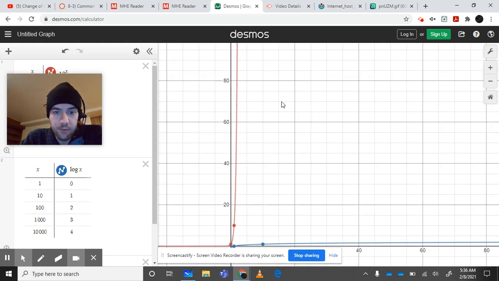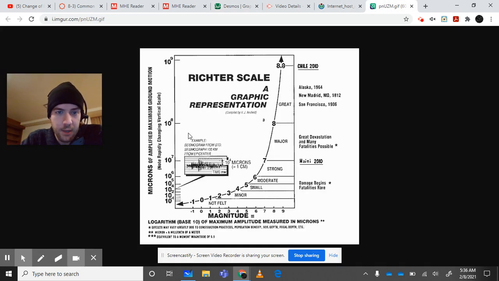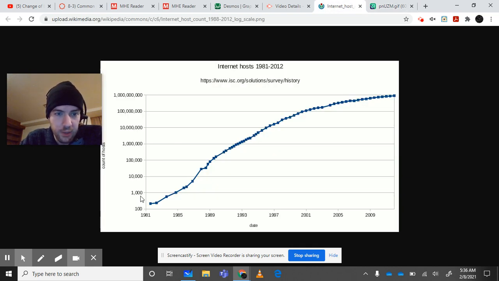So if you have something like earthquakes, which can go from very, very small numbers to very, very large numbers, it's better to have a different kind of scale on your y-axis. And the scale that we usually use will look something like this. It'll be like 10 to different powers. So 10 to the second, third, fourth, fifth, sixth, seventh, eighth, ninth. Those values are representing numbers like this. So, for example,